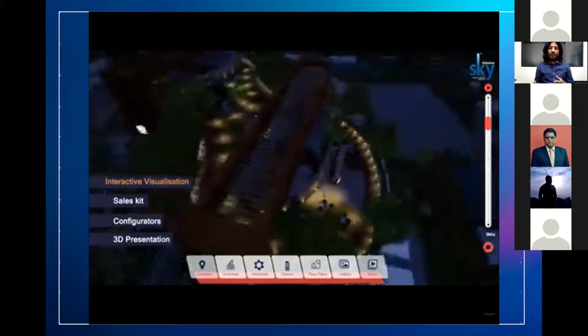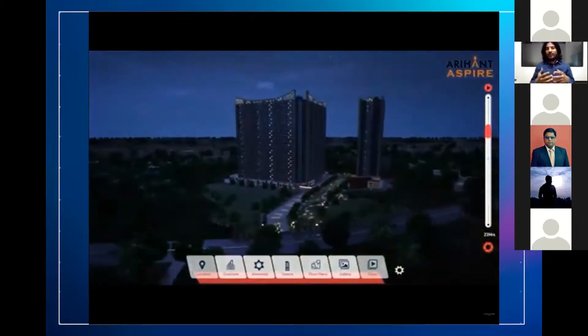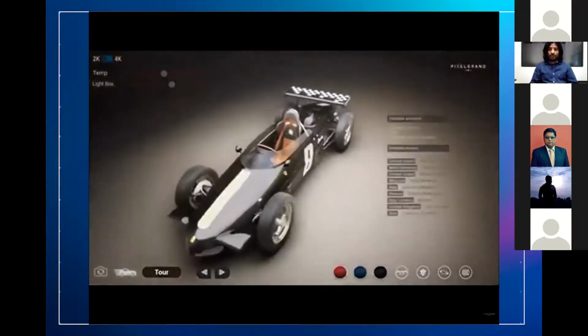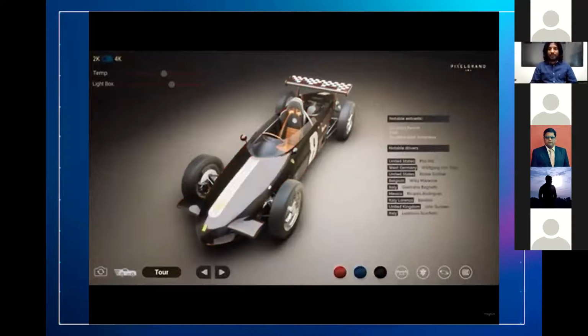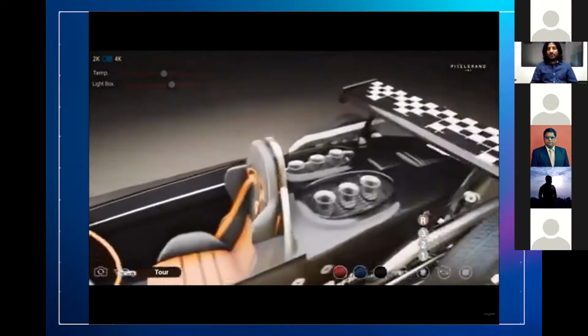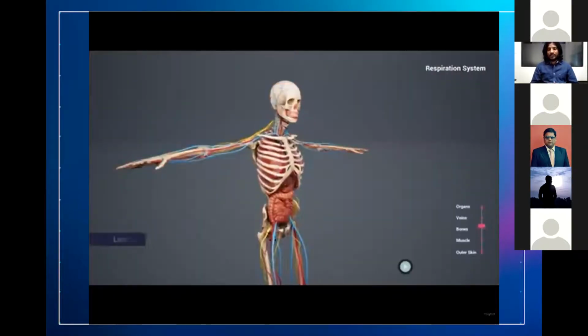So this is a real estate work. You all have seen this real estate work. It's basically an interactive application where the user can see a 3D model of the project and understand how the project looks, and there is a lot of CRM background in there as well. Similarly, we have done one application for automotive. We wanted to showcase how you can use a sales configurator in a car, so we have done this particular demo for that. We have a lot of customization of the model, car color customizations, accessory customizations.